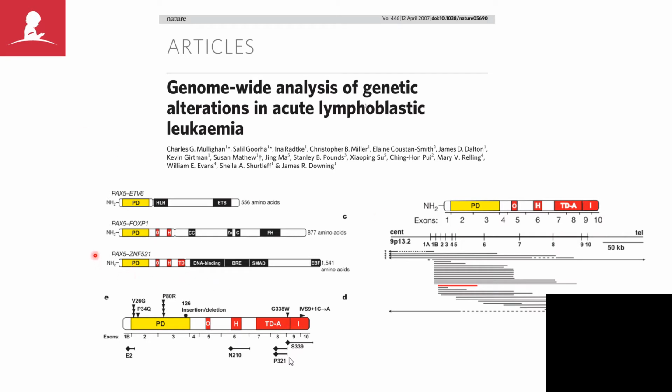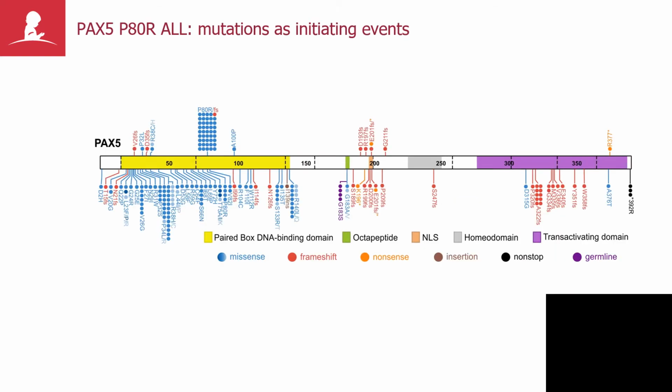Now, with the exception of these PAX5 fusions, we had inferred that these point mutations or deletions were secondary events, important in arresting B-cell development, important in driving leukemogenesis, but not the tumor-initiating events. And this was based on the observation that many of these point mutations and deletions were seen in the context of other leukemia-initiating drivers, for example, ETV6-RUNX1. However, we now see this crisply transcriptionally defined group of leukemia, all of which cases have this missense mutation P80R.